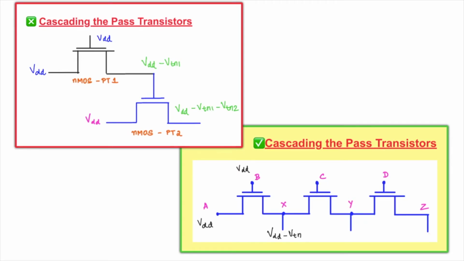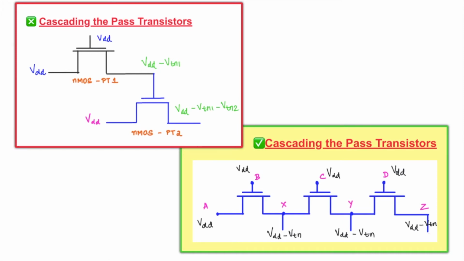You'll have a better understanding of the exact approach of cascading the pass transistor, because I have explained with suitable examples how this threshold voltage drop occurs in the wrong approach. Now we will see with suitable examples why this is the correct approach of cascading pass transistors, and why there is no voltage drop here. We retain the same VDD minus VTN. However many transistors we cascade, we will have only the initial threshold voltage drop, and all these gate voltages will be fixed as VDD, with no voltage drop in the gate voltages.